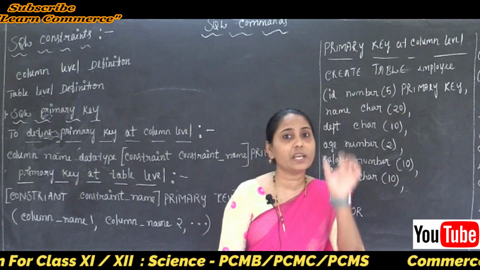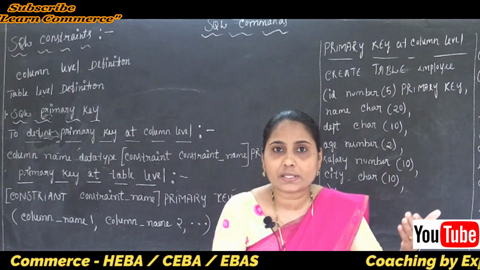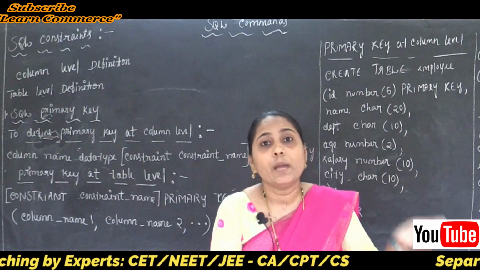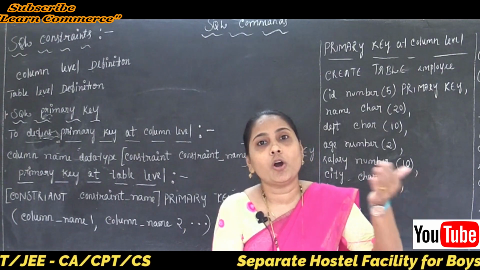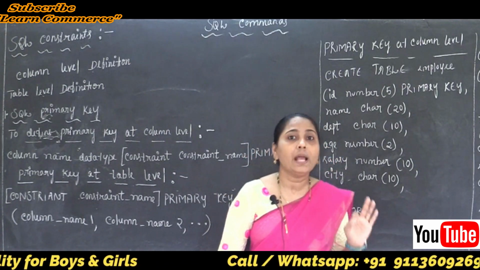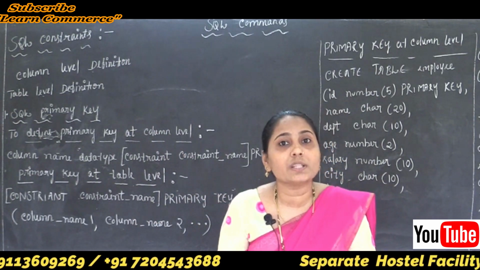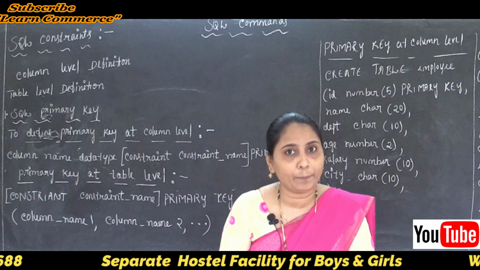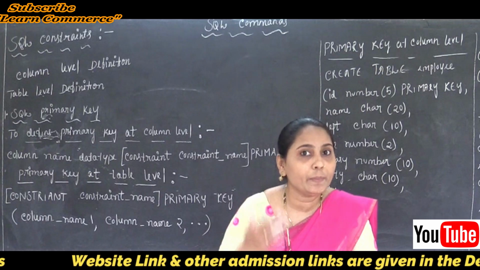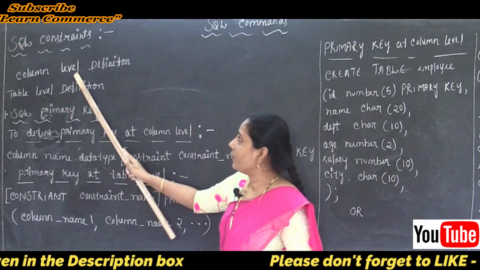When you are going to use the column name, at that time only we are applying some of the rules. Maybe the rules are the primary key, the foreign key, the unique key, or maybe the not null or the check constraint going to apply to one column of a table. That is called the column level definition. Is the meaning clear? Because the constraint can be specified or applied after the column, that means whenever the column is defined, immediately after the column definition. So this is called the column level definition.